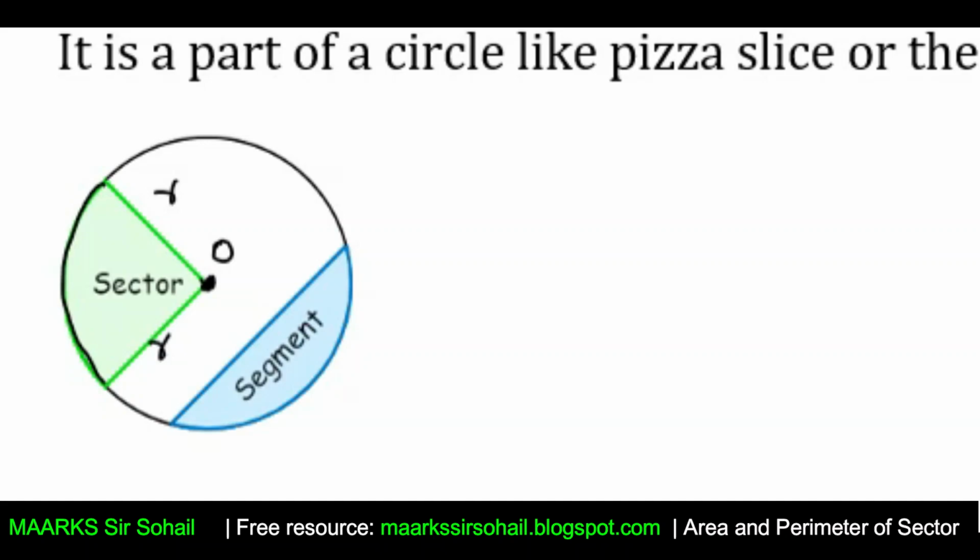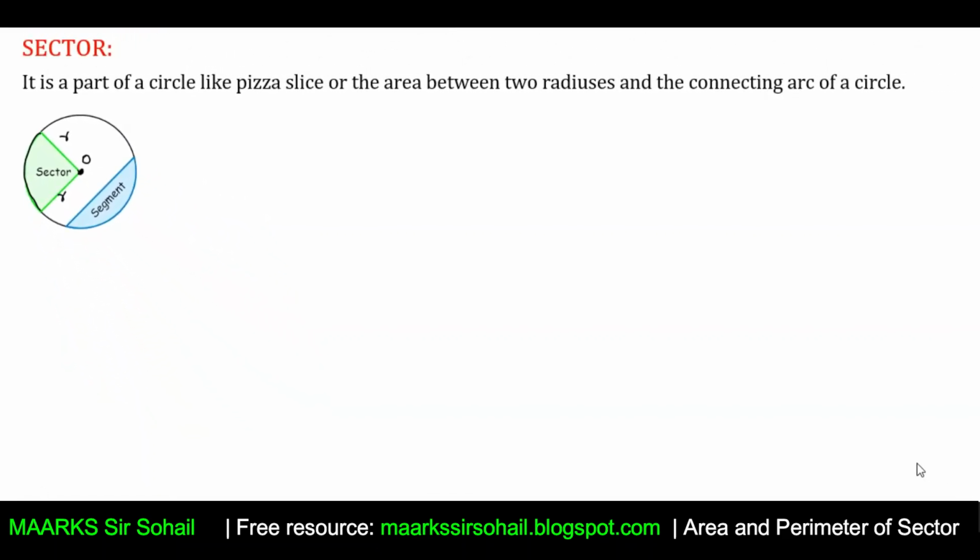Just like a pizza slice, there are 8 slices in the pizza. So one slice represents the sector. And now there is one more term, that is segment. Now the segment is the part of the circle which is not joined by the radii like the sector. So this is the segment. You can see the blue line here, that this is a segment because it's not made from the center and it is not a part of the radius. So we have the area for a sector and the length of arc, or arc length.